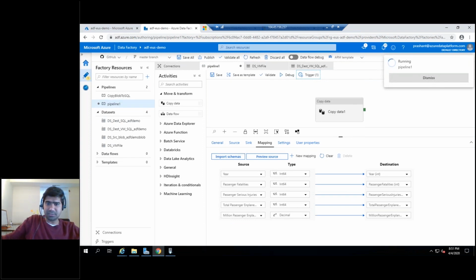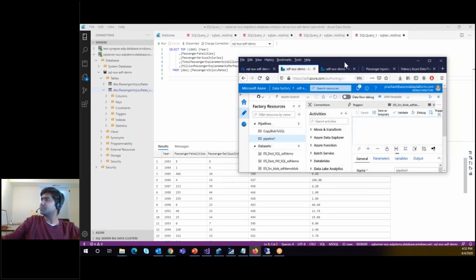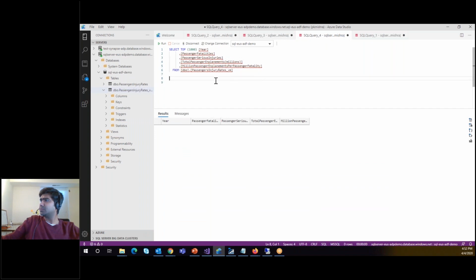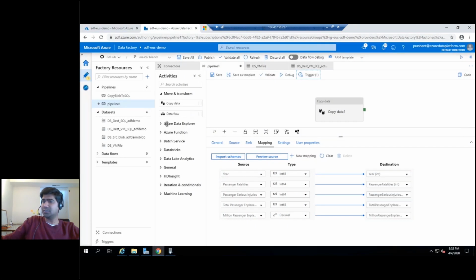And I'll go back to my Azure Data Studio now. This was my table, and now you can see the data has come here. Okay, so this was the second demo where we spoke about connecting to the source from on-premise. This was a virtual machine that I used. Okay, and next one,